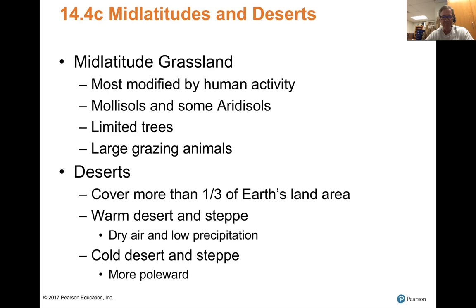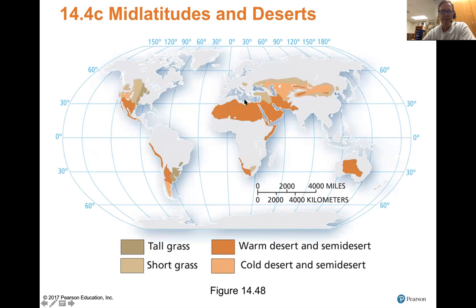Then our deserts, where we have both warm deserts and steppes, so dry air, low precipitation, and then we can have cold deserts and steppes as we get further higher in latitude. So it includes what we would normally think of as a desert, like the Sahara, for example, but also our colder deserts, like we'll see up here in southern Russia and China and Mongolia, the interior of Australia, and our southwestern deserts here in the U.S., the Atacama Desert, South